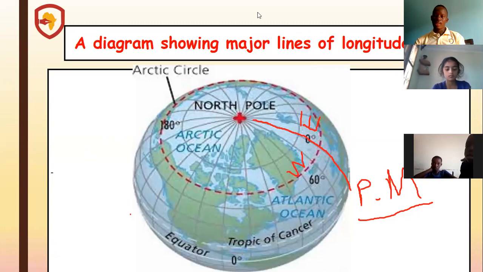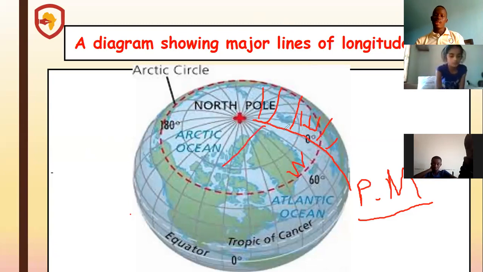So this part here is in the east of the prime meridian, and therefore it is called the eastern hemisphere. While this area, this side, is in the west of the prime meridian, and as such it is called the